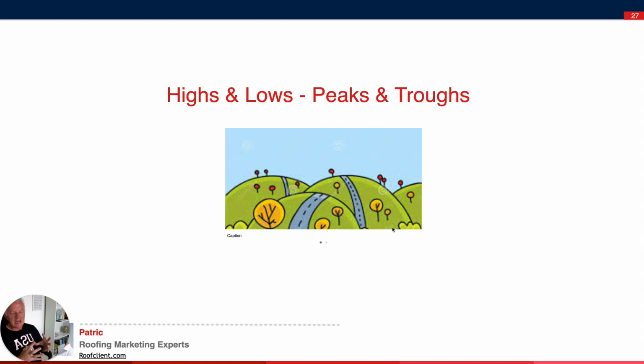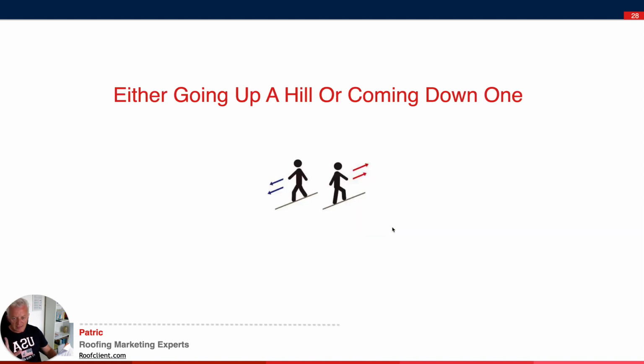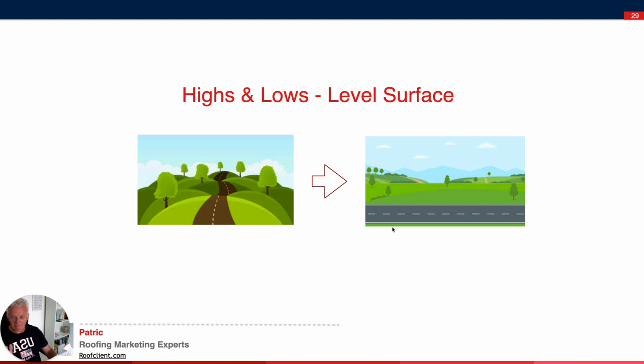So when we take a look at the overall picture, within any business you have a series of highs and lows, or peaks and troughs. You're doing well today, tomorrow you're back on the downside of the hill, and then next week you're climbing again, and then you're back into another quiet period. So it is a series of ups and downs, or peaks and valleys, with regard to running any business. And it always seems like you're either going uphill or coming downhill, but rarely on a flat surface.